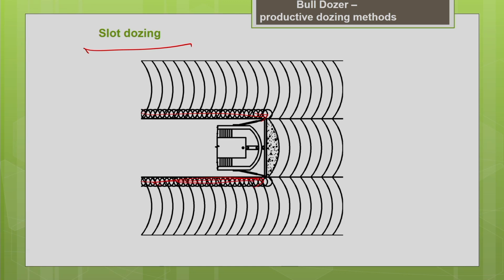After this, when you go through the other paths, this end spillage will act like a side wall for the subsequent passes. When the bulldozer passes through this path, it will act like a wall and prevent further spillage.